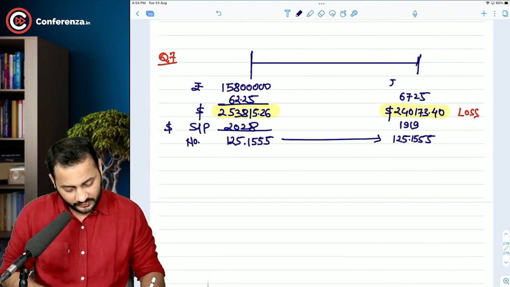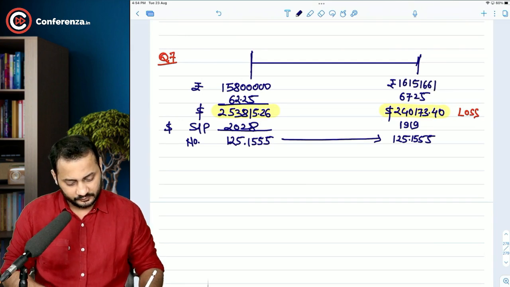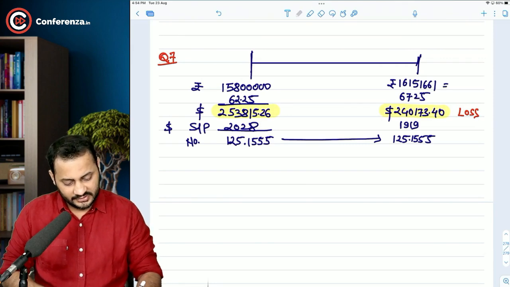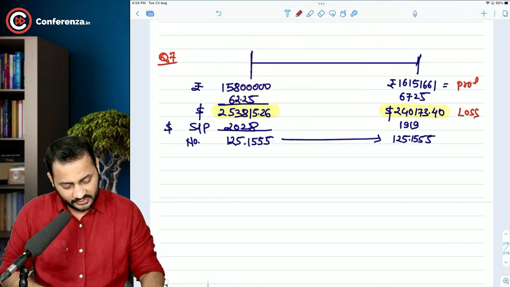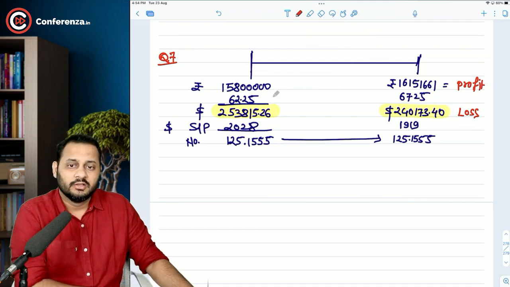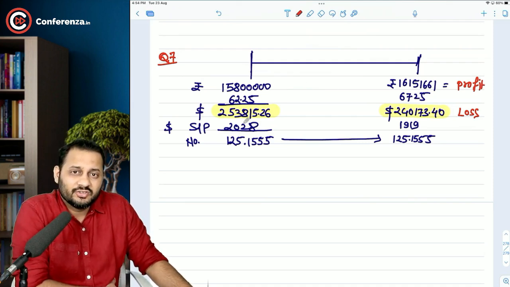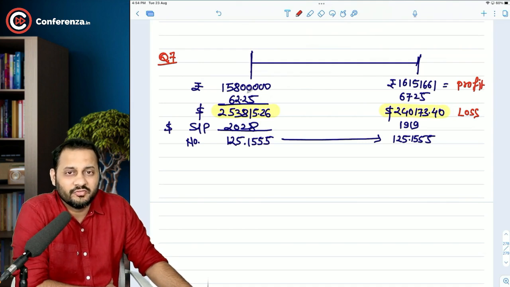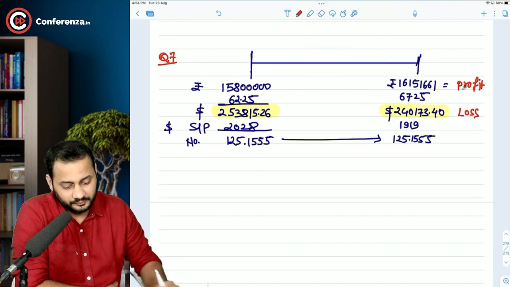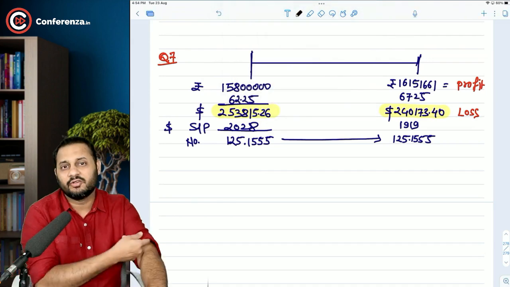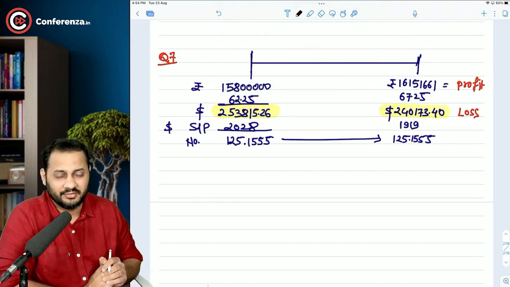And the net amount received by you is 1615161. So in this case, we can see we have a profit. So yes, sir, this can happen that there is a loss in case of dollar, but profit in case of rupees. The loss in dollar is being compensated by the change in this exchange rate. This exchange rate has changed to such a level that it had made us profit. So the entire profit is because of the change in the exchange rate, practically speaking, because otherwise it was a